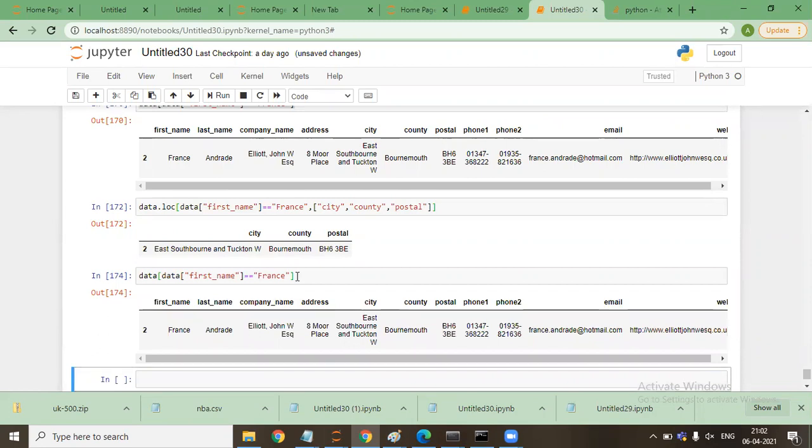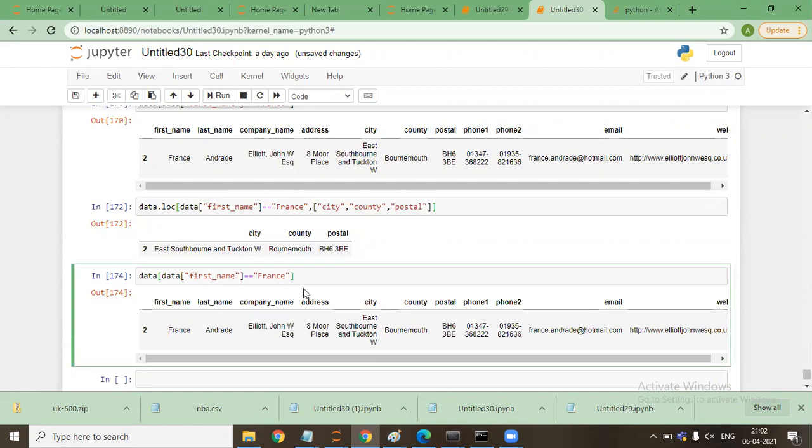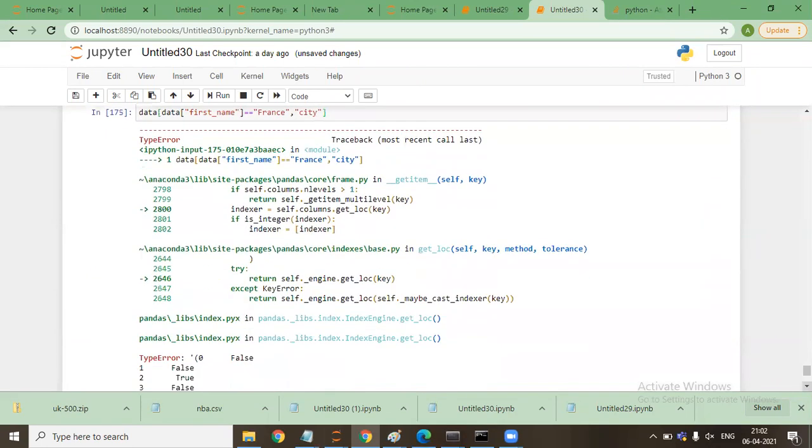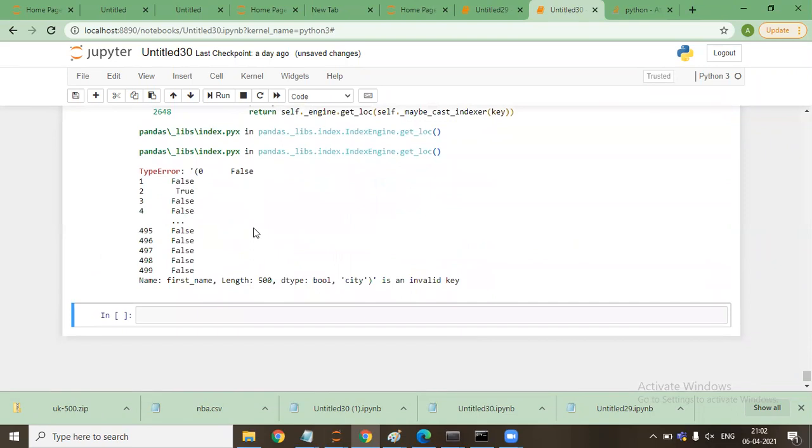Okay, and now in this scenario, I actually want to access say 1 or 2 columns. If I say I want to access the city, then it will not work. Why? See here, it says type error, 0 false 2 true, and after that city is like this thing that we have specified, comma city.